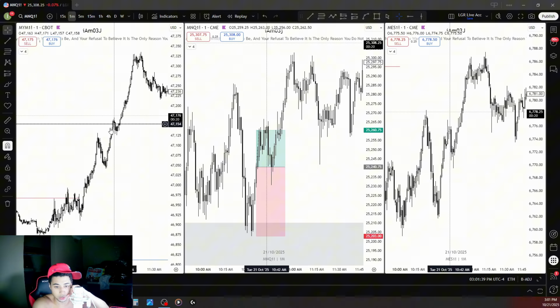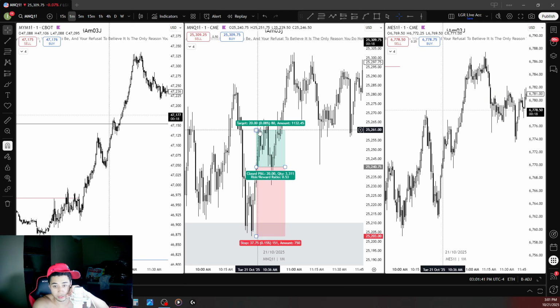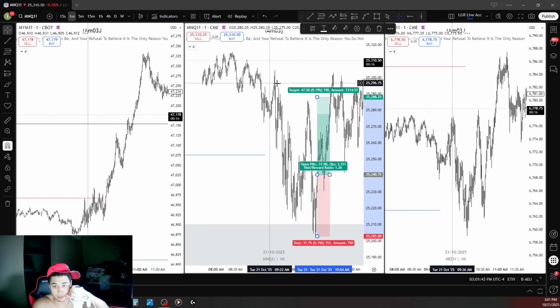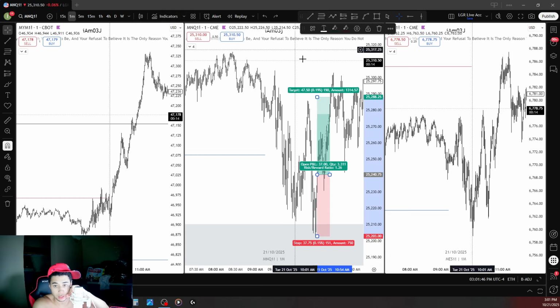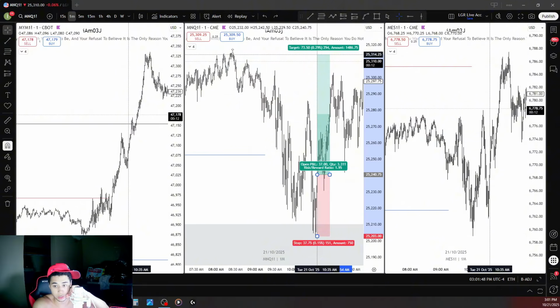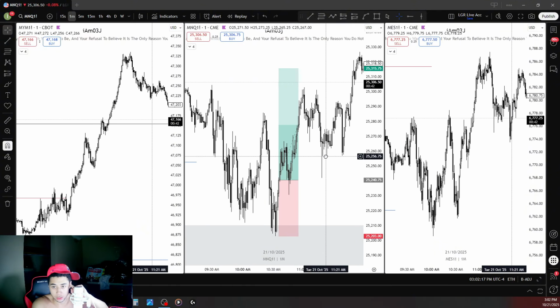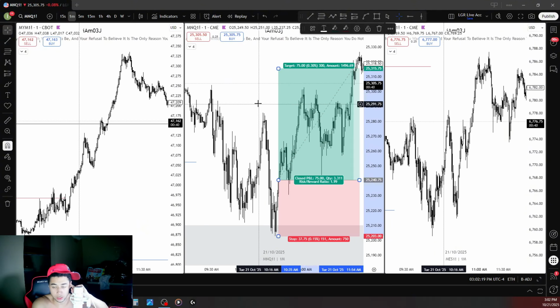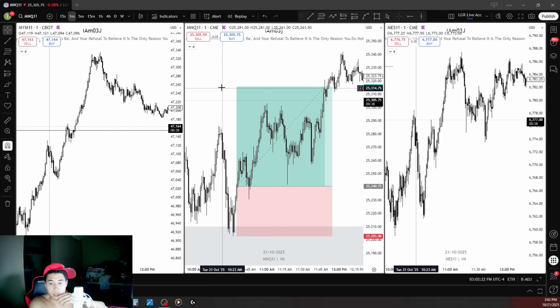And since this drawn liquidity still wasn't taken out, I definitely could have got in and just targeted some type of internal highs, probably these ones up here. That would have been a clean 1 to 2. We definitely could have taken that. That's valid. But the thing is,